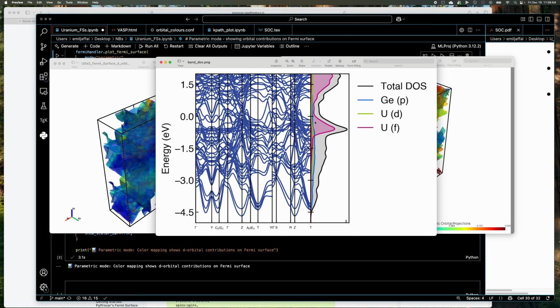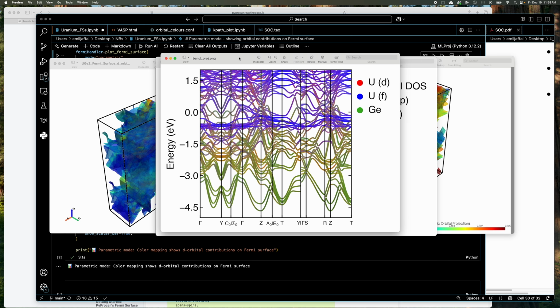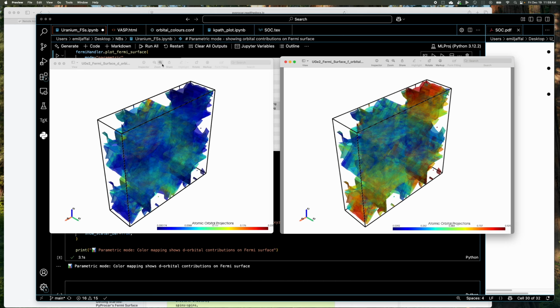So again, primarily going to be your uranium F electrons. Let's see. Am I missing anything? You could see the projected band, pretty much the same. Actually decreased germanium contributions near the Fermi level. Mostly your uranium F electron, some D incorporation as well, your germanium. Yeah, so